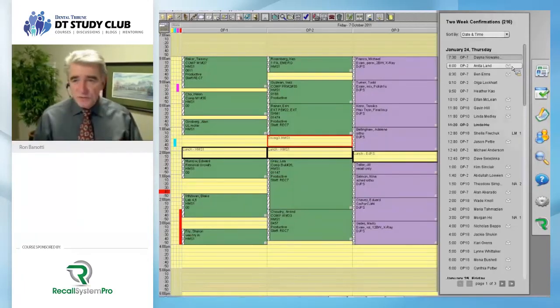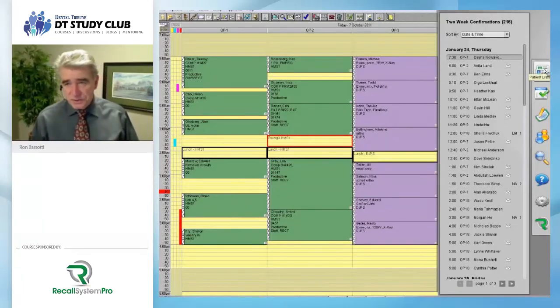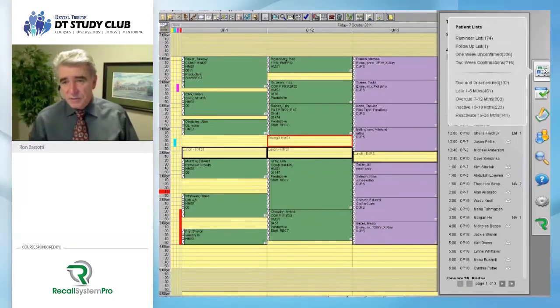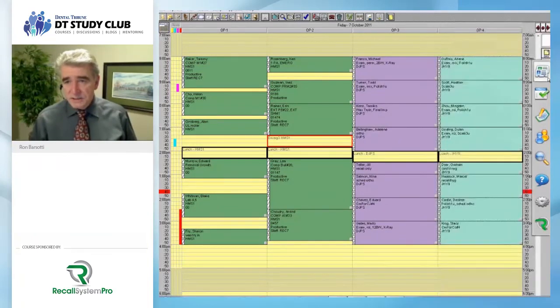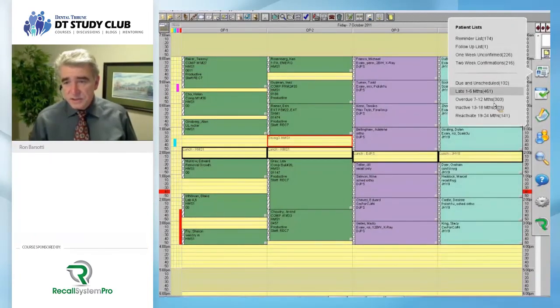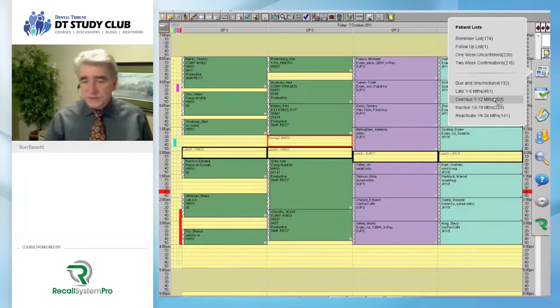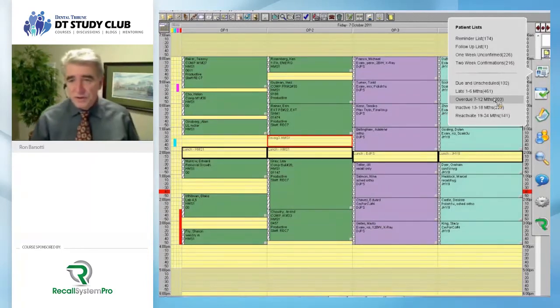I'll show you a number of the other features that we built into Recall System Pro as they apply to the unscheduled patient list. And so what I'm going to show you here is the unscheduled patient list. And essentially what you'll see here, these are lists of patients that do not have appointments scheduled. And these are